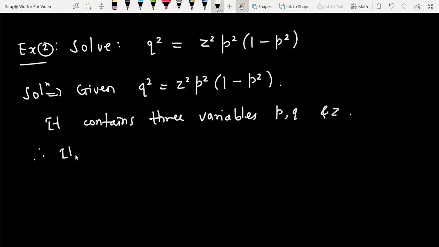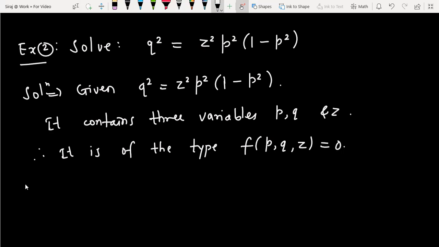Therefore it is of the type f of p, q, z equal to 0. So after identifying the type, now it is decided that it is of the second type f of p, q, z equal to 0. Therefore, for solving this equation, we have to consider